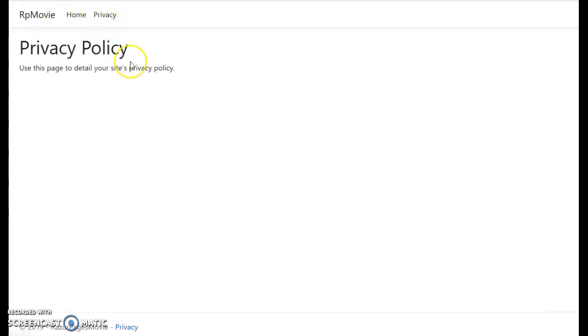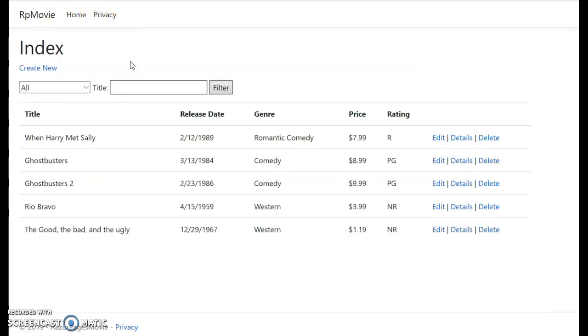And then if I click on the RP movie, it takes me to the movie page with all the movies that I currently have in the database. These were all just seeded immediately. So this is what I have in there. I already had The Good, the Bad, and the Ugly in there as part of my seeding, just to keep that consistent. So anyway, if I do a create new,